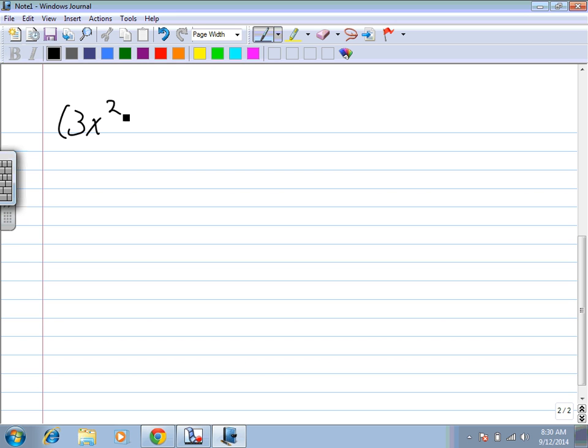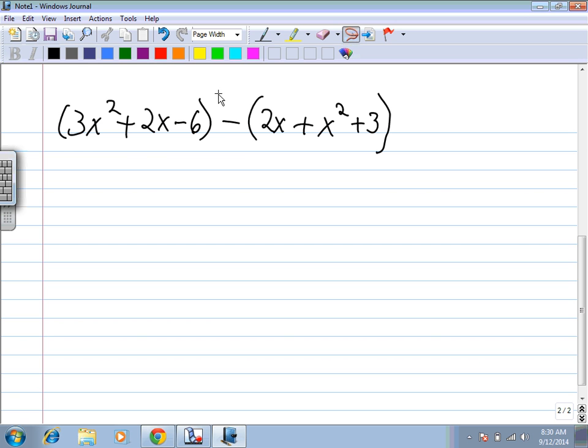We have 3x squared plus 2x minus 6, minus, okay, subtraction, 2x plus x squared plus 3. The only difference we see here is this minus sign. That's the only difference, the minus sign. I'm just doing this to highlight it. With that minus sign,